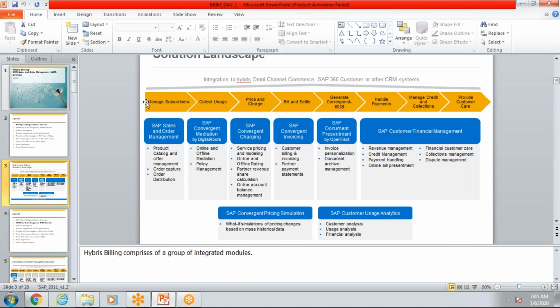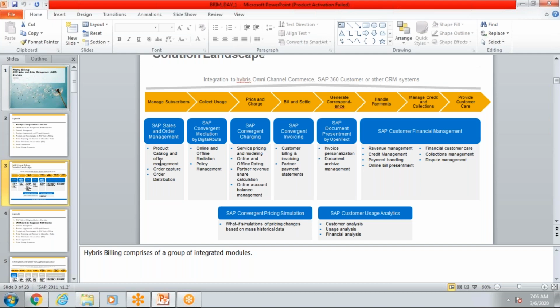This SAP sales order management includes creation of products, maintaining customer data, and replicating these customers to CC and ECC systems. And when these customers subscribe for plans like 299, 399, any plan, then the order is captured